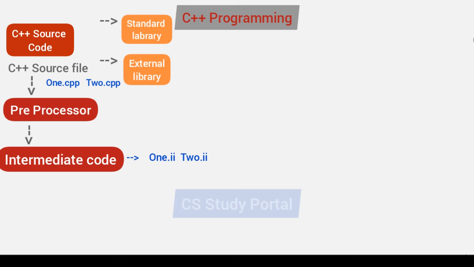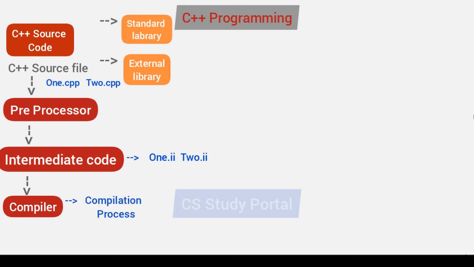Now the next thing is that we have to translate this code to machine code. For that purpose we use a program called a compiler. And you know, a compiler is a computer program that transforms the code written in a higher level programming language to a lower level programming language. And this process of using the compiler to transform the code from a higher level programming language to a lower level programming language is called the compilation process.